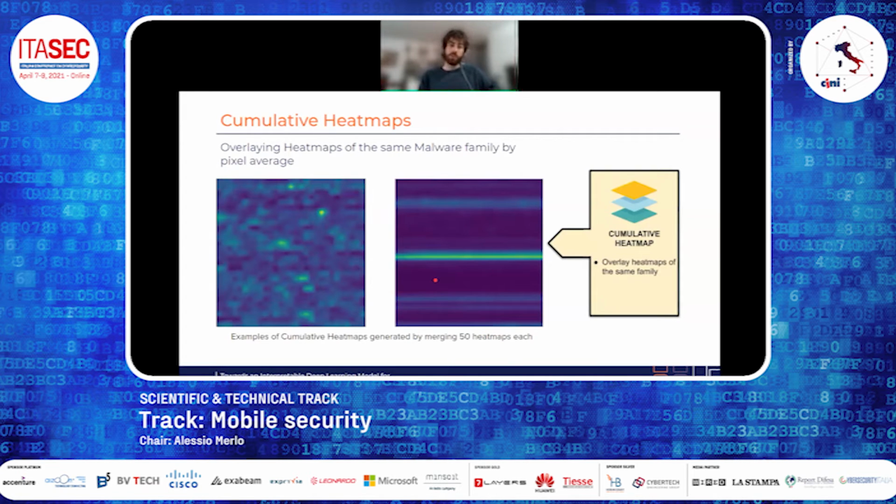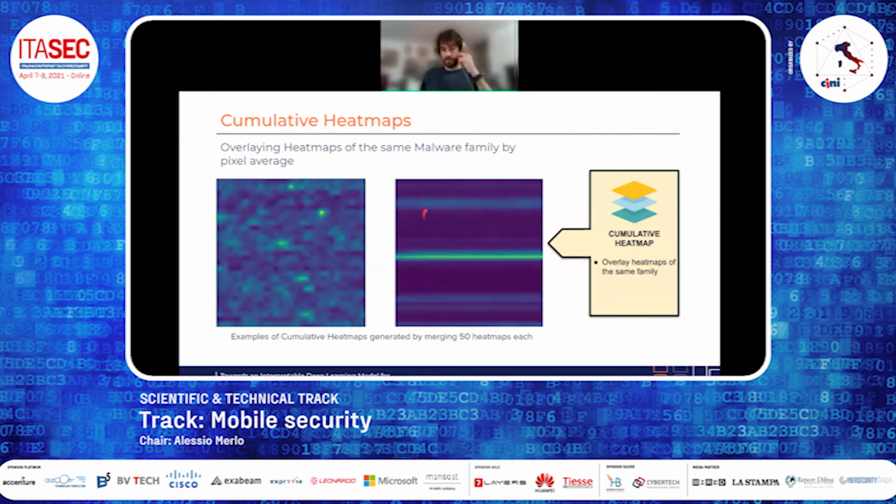First of all, we tried the so-called cumulative heat maps. We selected a subset of samples from the test set of the dataset, and we overlaid all the heat maps generated, pixel by pixel, and generated a unique heat map that merges them and gives the idea of the inference for an entire class, for an entire malware family in this case. Of course, since this image has been created by just overlaying different images, it can look like random noise.